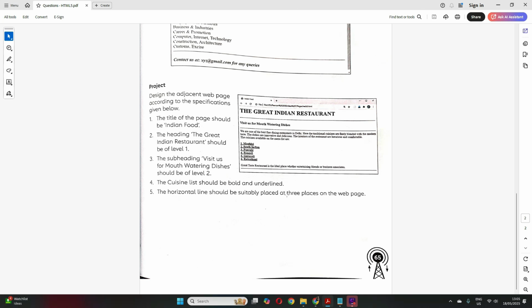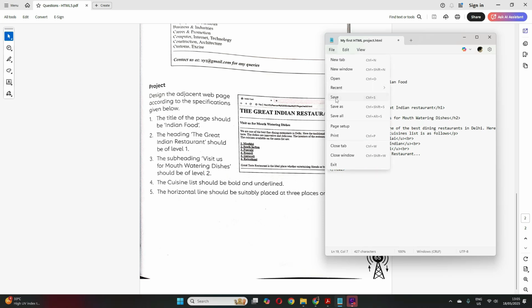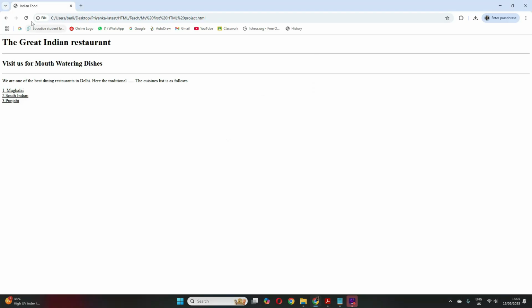Now see this horizontal line, now again you can write this Great Taste Restaurant, right? So you give a BR here, and then we can write Great Taste Restaurant, correct? And after that, whatever you can write. I'm not writing everything. And then we have an HR here, right? They wanted an HR at the end. Save. Now when I run it, see, does it come that way? Yes, see, Great Taste Restaurant.